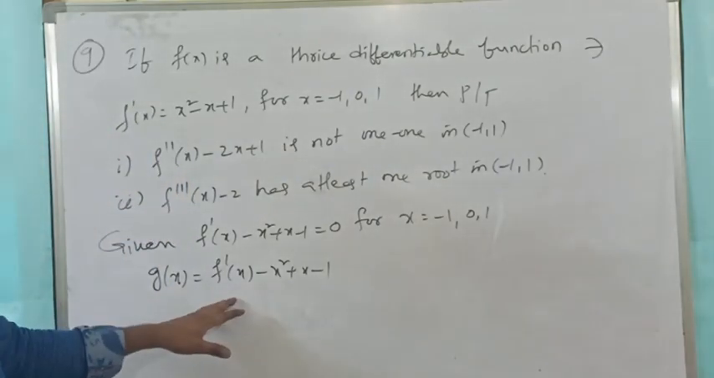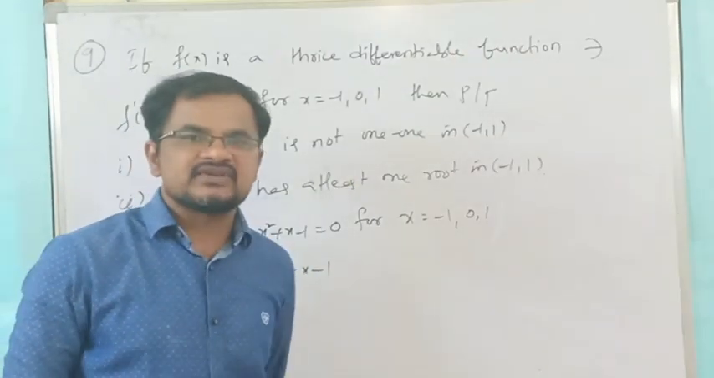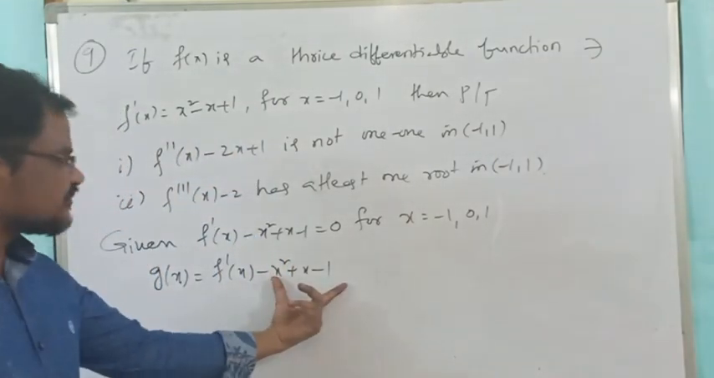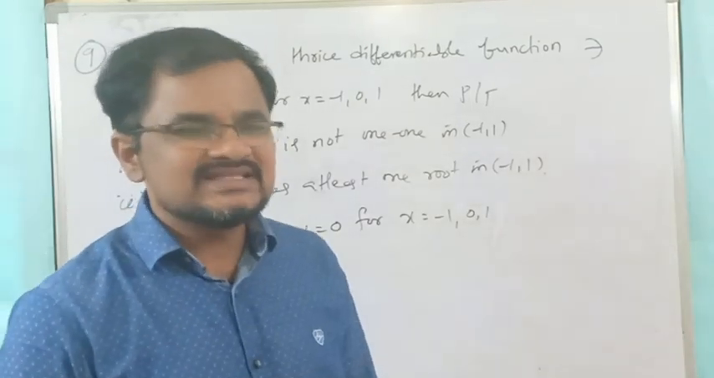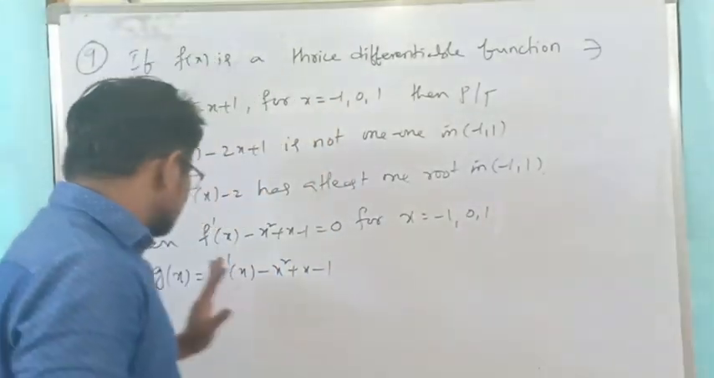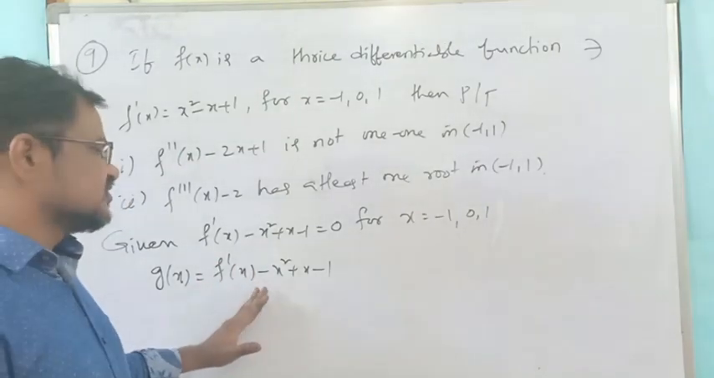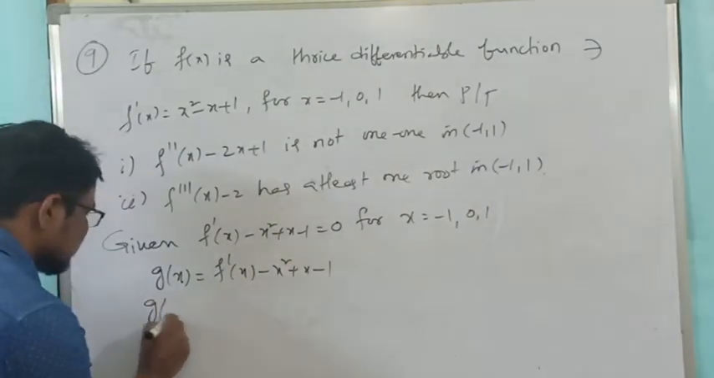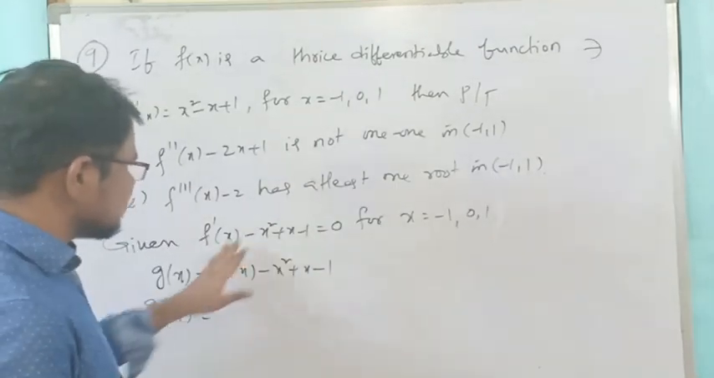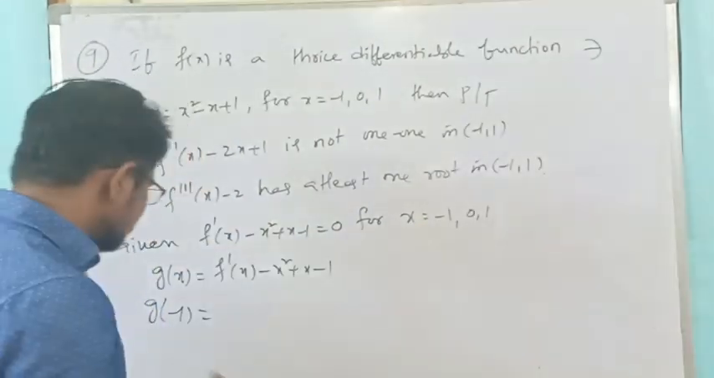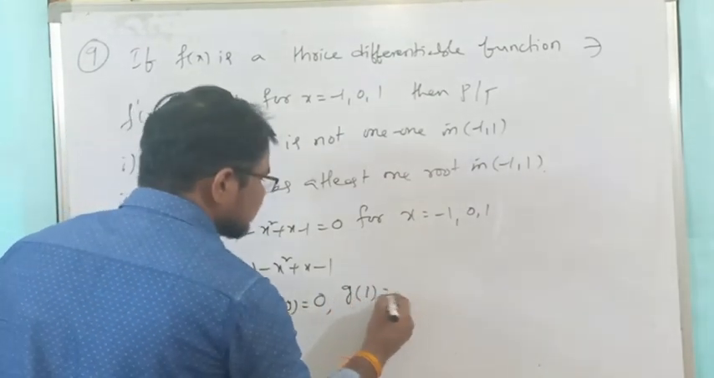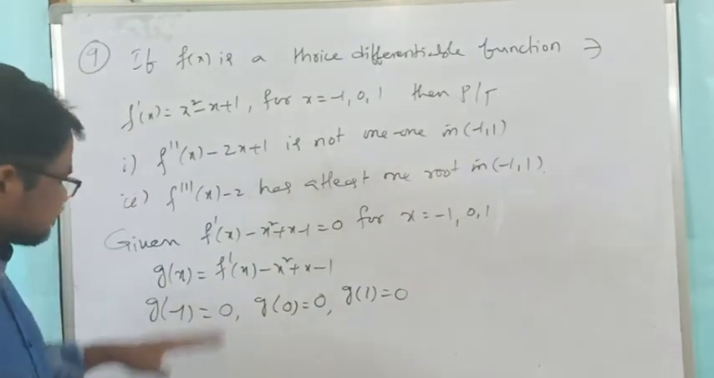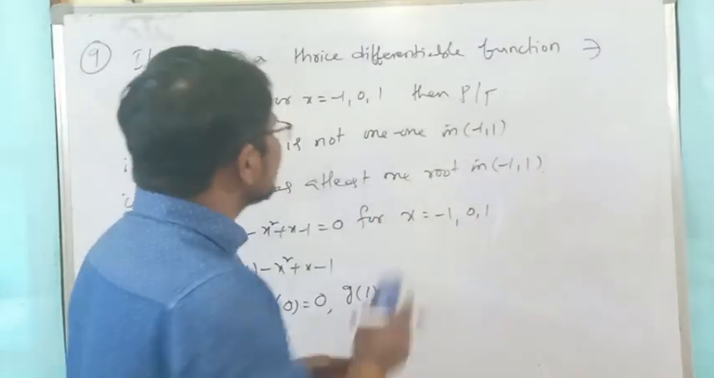Now already given f of x is a thrice differentiable function. Now this is a polynomial, so that's why g of x is a differentiable function. Every differentiable function is continuous. So this is continuous and differentiable also. And g of minus 1 is already equal to 0 for minus 1, 0 and 1. So g of minus 1 is 0, g of 0 also 0 and g of 1 also 0. Means the third condition of Rolle's theorem also exists. Then we can write